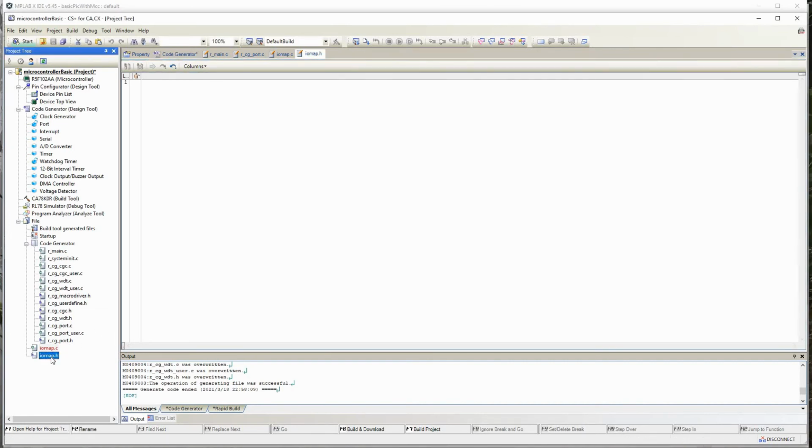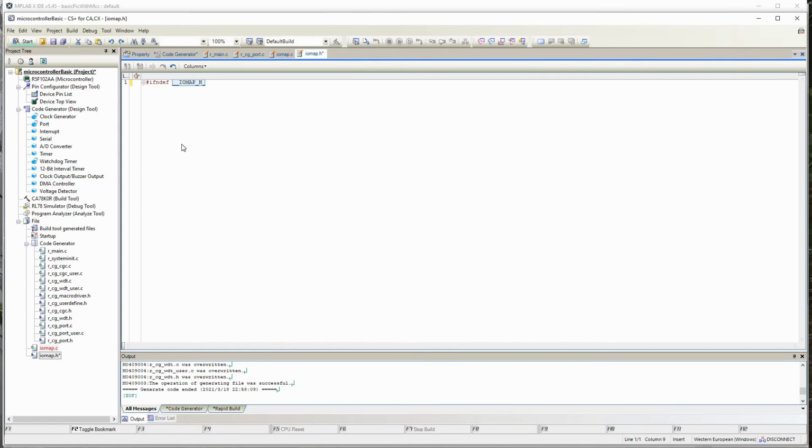In the .h file, PIC had already written the statement like if not defined. Here it is not pre-written, I have to write it. Define iomap underscore h. It is not that you have to write it in this particular way, just writing iomap will also work, but I've seen that this is a general format which everybody uses, so I've continued to use it.